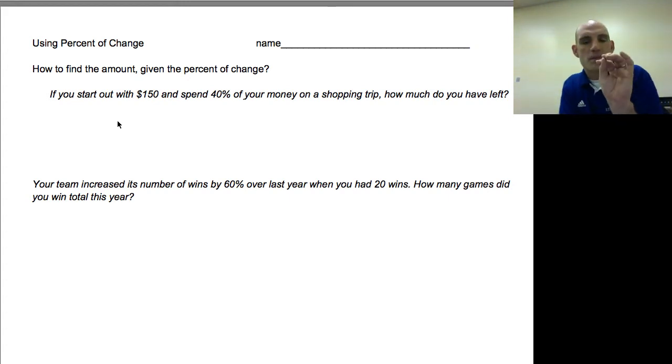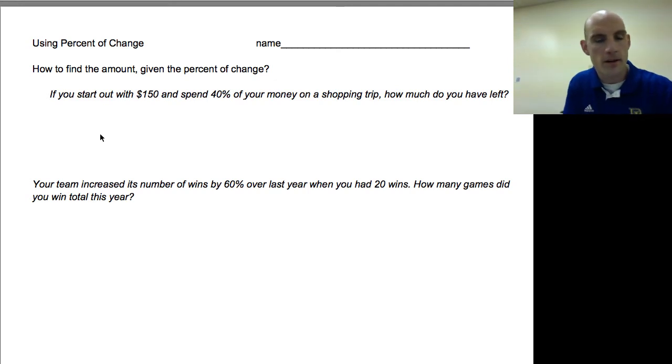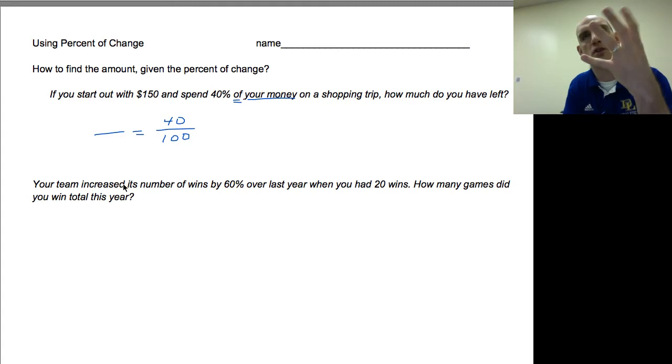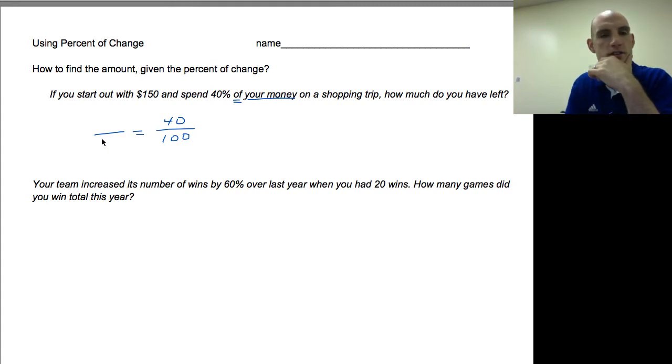But I really want to set this up in a way that says, well, how much did I spend? And so I think the key words here are "of your money," because that allows me to use the percent equation, because I remember that 40% is out of 100. If I set up this proportion to say 40% out of 100 is equal to some amount of my money that I don't know. So I spent 40 out of 100% of my money, and that's equal to some number of dollars I don't know out of 150 that I had. And so if I solve this proportion here,